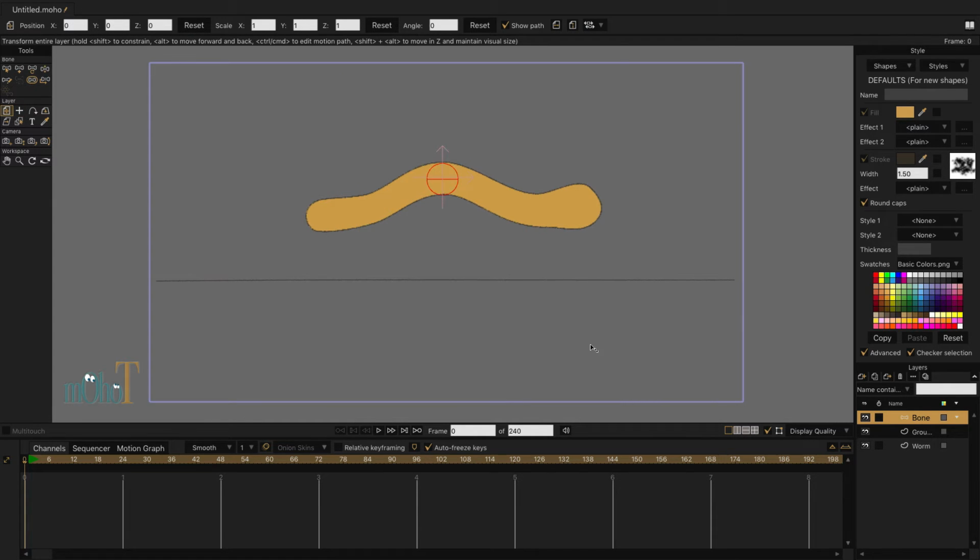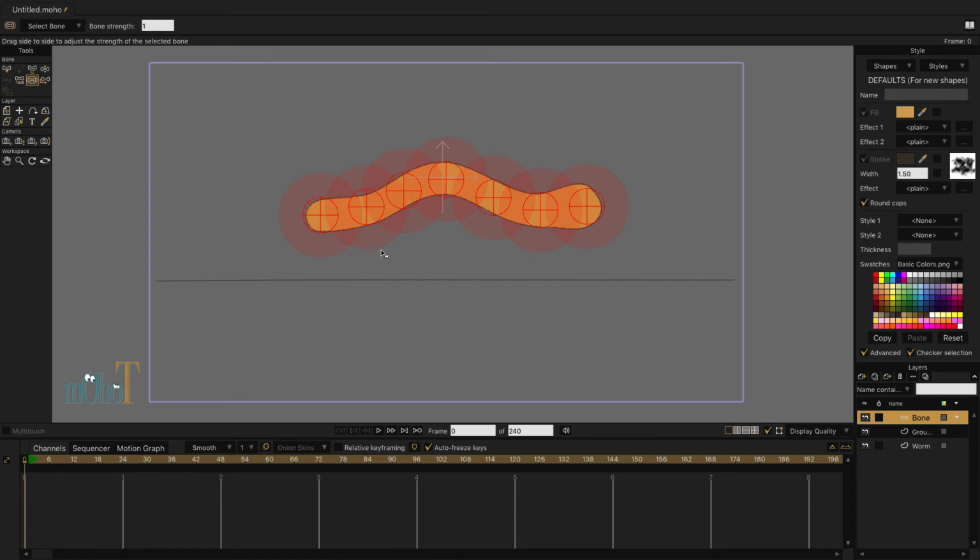Then use the Transform Layer tool to enlarge the size of the bone. Use the Add Bone tool to add more bones to the worm, holding the Control or Command key to avoid snapping. Use the Transform Bone tool to ideally locate each pin bone. Press Ctrl or Command A to select all the bones, selecting the Bone Strength tool to check the strength of